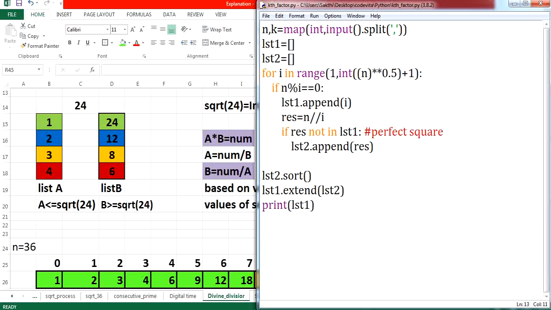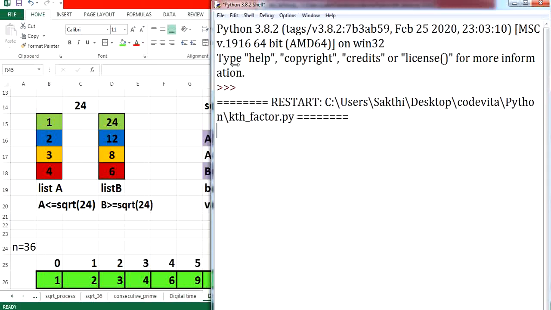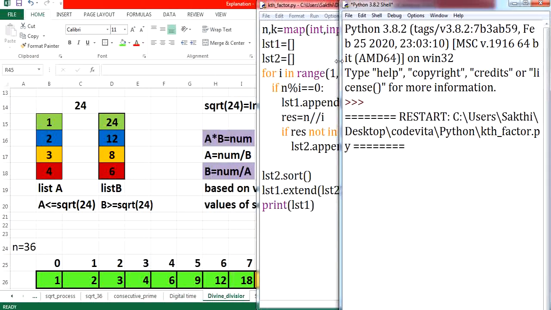Now, let us execute this program. The first input I was supposed to accept is your n value, right? So, let me give my n value as 100 and a kth position value, let it be 1 right now. Now, we are not dealing with k, we are just checking whether your factors are being displayed. Now, if you execute it, you can notice that within a fraction of a second, the factors for 100 have been displayed. Now, we are supposed to display the kth largest factor, right? The first largest factor for 100 is 100.